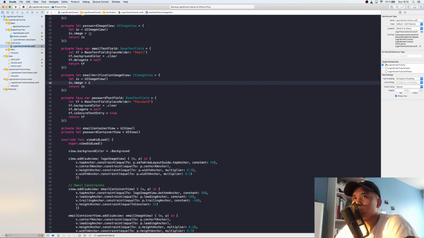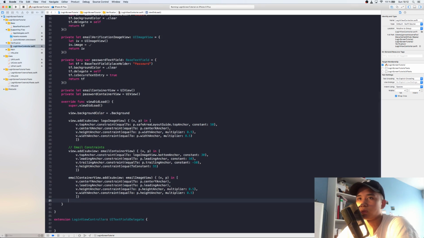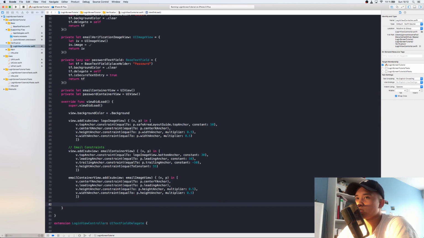Right now we're not gonna have it, but just for testing purposes, let me put the check mark here. It's just for testing, right? So don't worry about it. It's just so you can visually see how it looks. Okay,